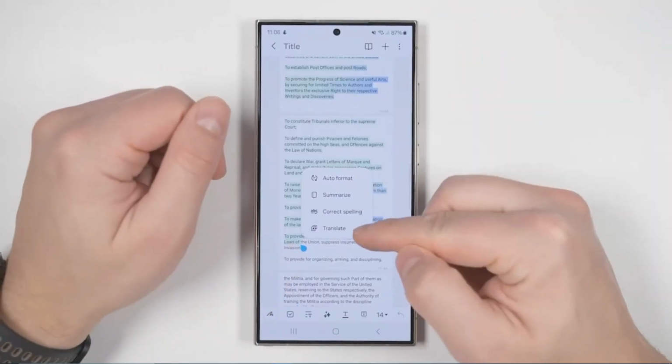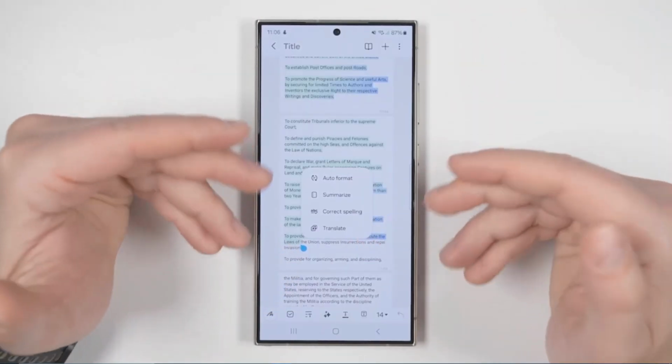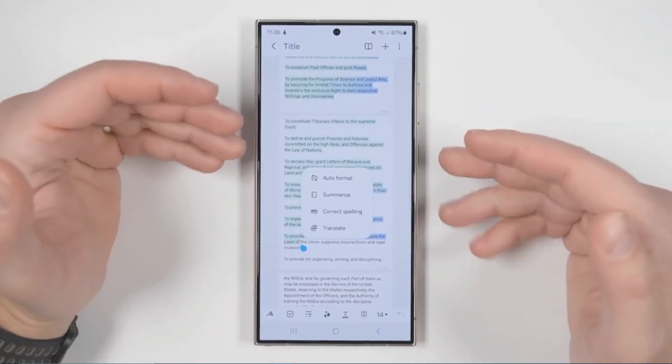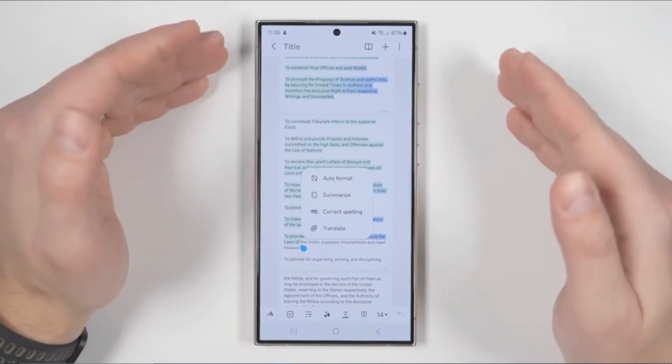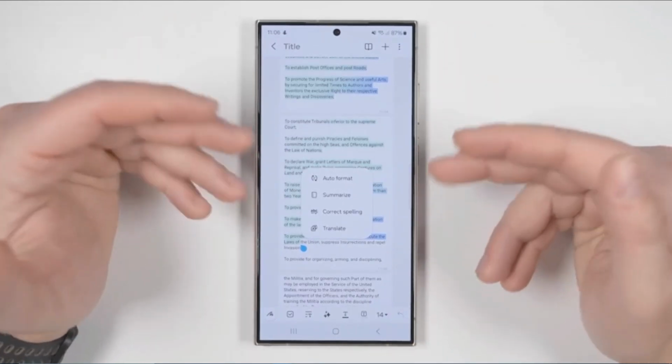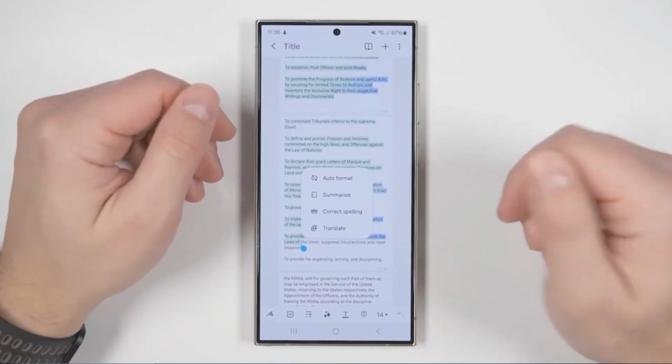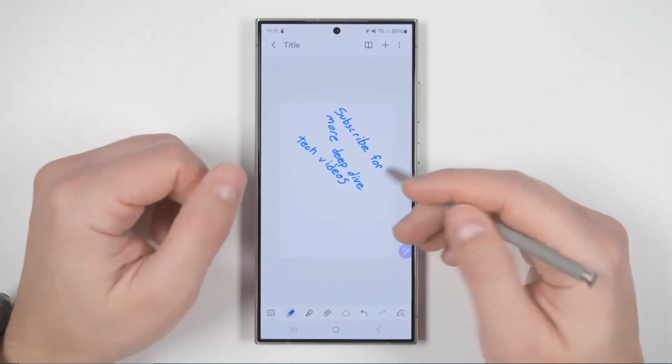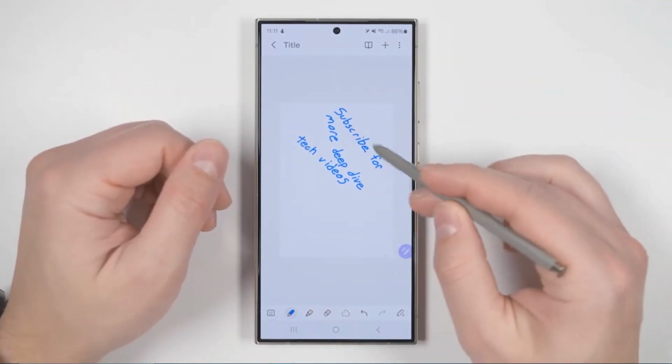And one more important thing to point out about this translate feature is it is still limited on how much text it could translate in one shot. More specifically, it's about 11 pages worth of size 14 font, but that's still more text than the summarize feature can do. If you take a lot of handwritten notes and you find that your handwriting is never quite straight,